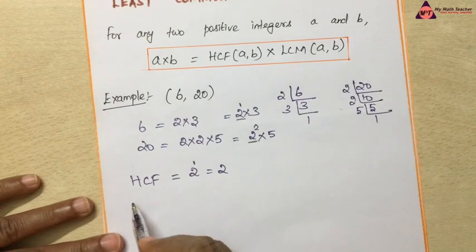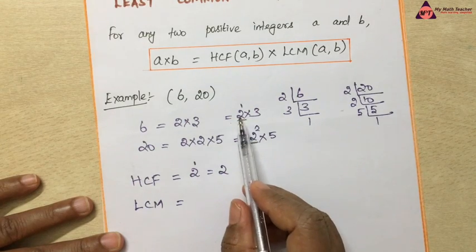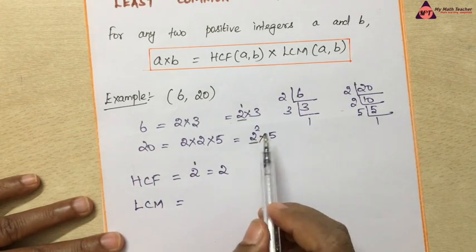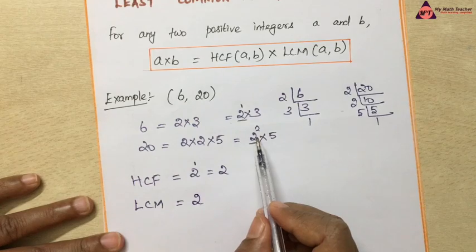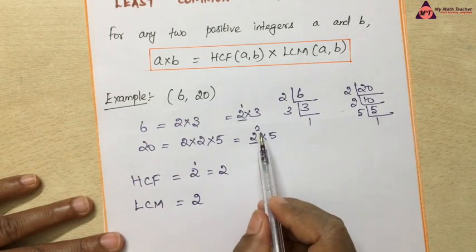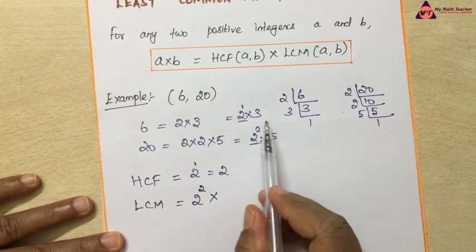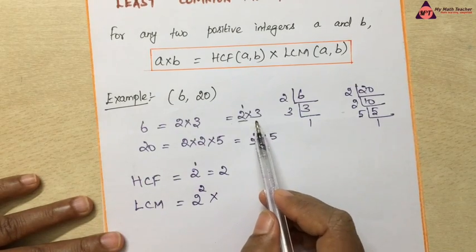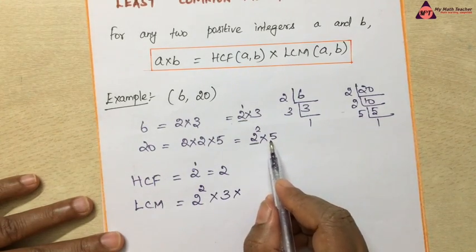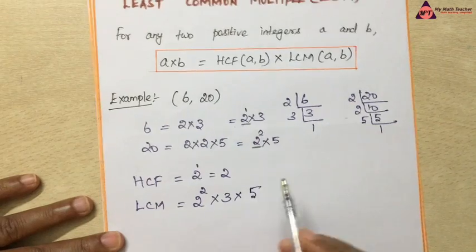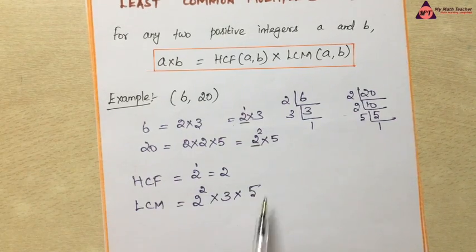Now next we'll go for LCM. LCM is quite opposite. What are the factors here? Starting from 2, you can see 2 is present in both the numbers. So go for 2. You have to now choose the highest power. In LCM it is reverse. What is the highest power here? 1 and 2. Here it is 2 square. Multiplied by, next, what are the factors present? Apart from 2 we have 3. Choose this. Multiply with the next factor. What is the factor? 5. So simply, LCM is the product of the greatest power of each prime factor in these numbers.